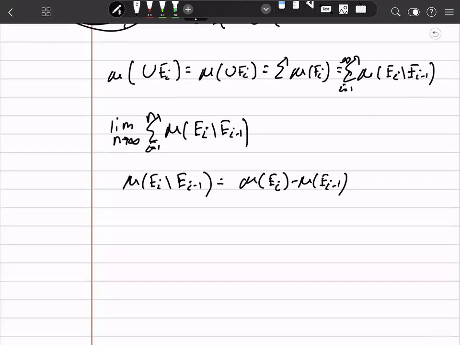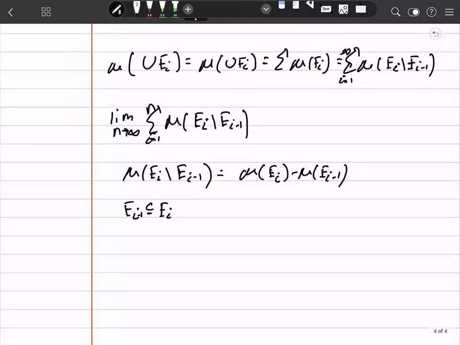That's because E sub I minus 1 is a subset of E sub I. This holds in general because if we have S subset of T, then we can write T to be equal to T minus S union T intersect S,